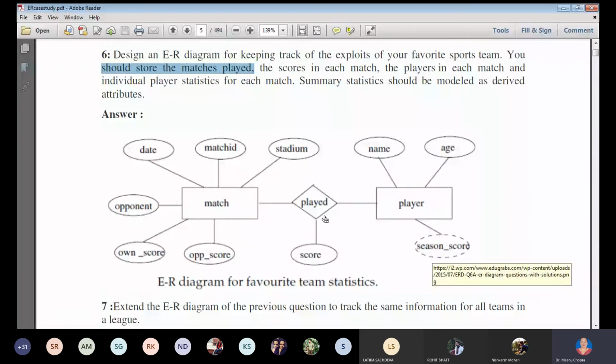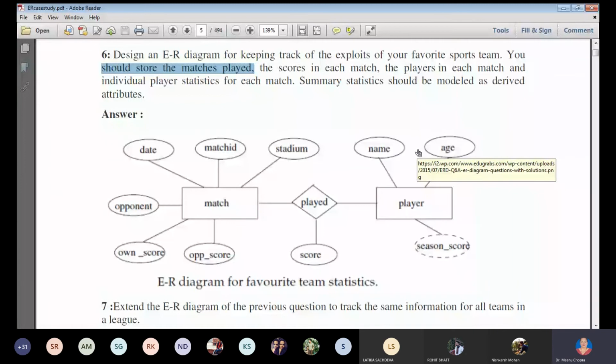So that is why played. So played may you have the score. How many matches been played by the player, and that is a score. Fine. And this is your derived. So it can be there. You are deriving everything from the player that how many it is season score. So it is derived attribute by the player और player का जो score है वो यहाँ से मिलेगा and it can be a season score. So it is a derived attribute and all other are your stored attributes.